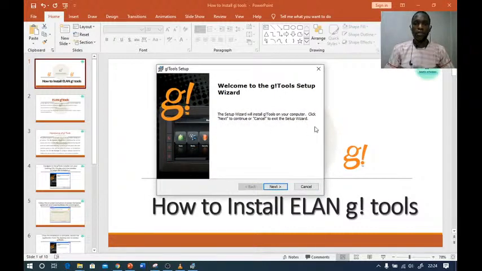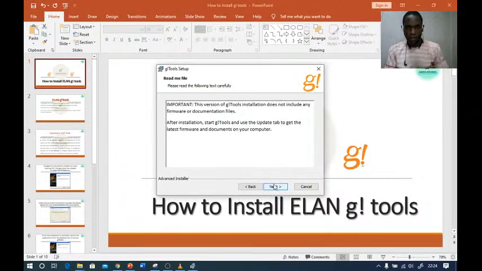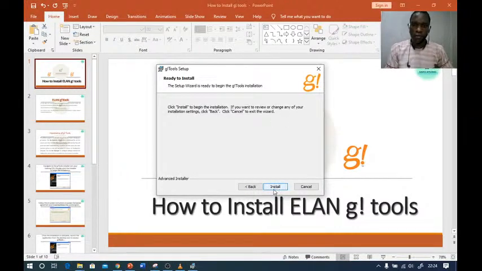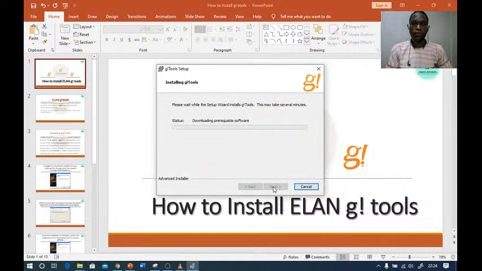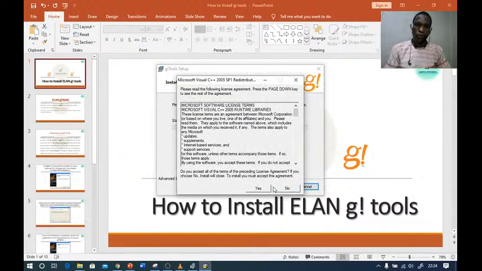So now this is our G2. We want to now install our G2. Of course, remember the procedure I've given to you earlier. So next, install. So your G2 is now installing.